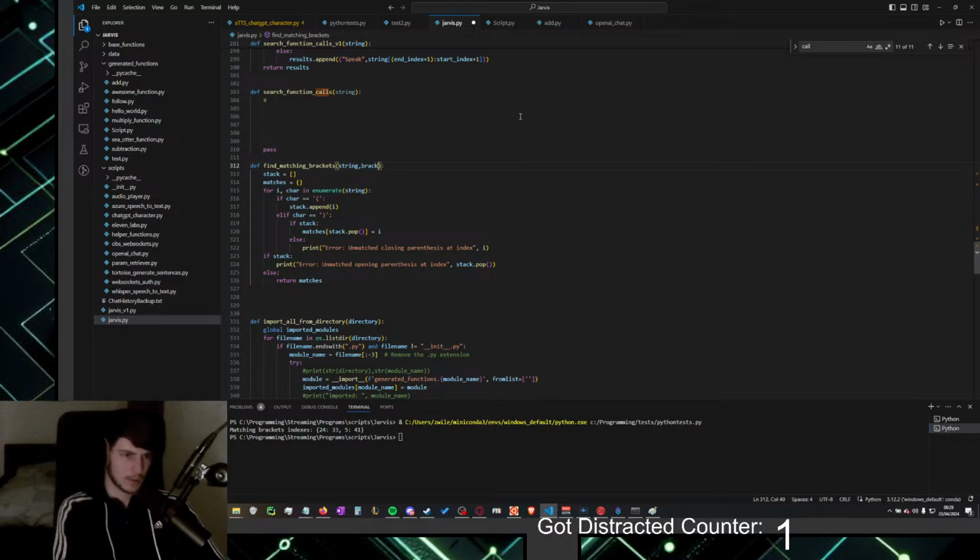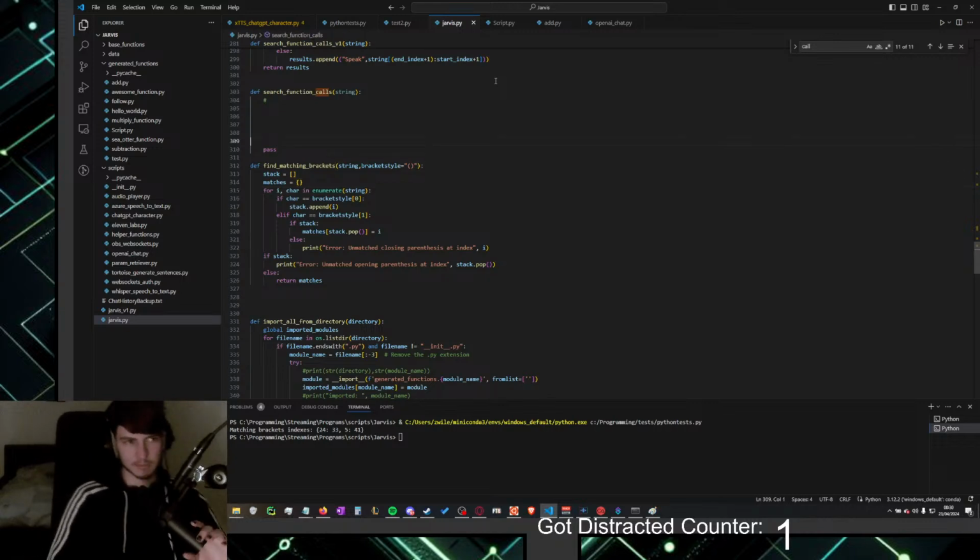Let's do bracket style, then we can reuse it and just say the standard is string like this. Then we go bracket style 0, because if I do it like this, I can reuse the same function for other types of brackets.